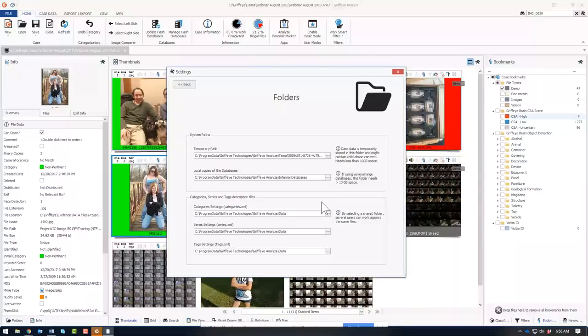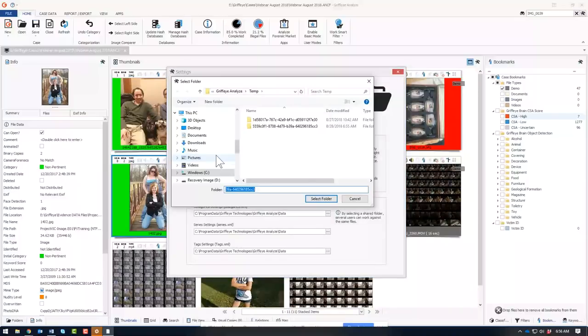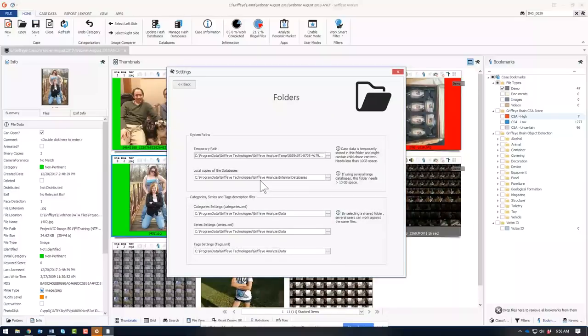And one other thing, if you're going to share your databases, or put this up on a NAS or whatever the case may be, you're going to put it wherever you're going to put it. Another good thing to do is this series.xml. If you're doing exploitation cases where you have known series, you want to put these series settings on a shared drive as well, that other people can get to, so that you don't miss out on series information.